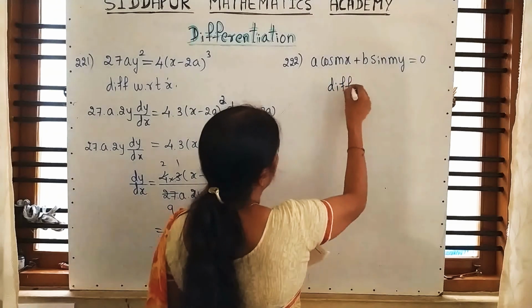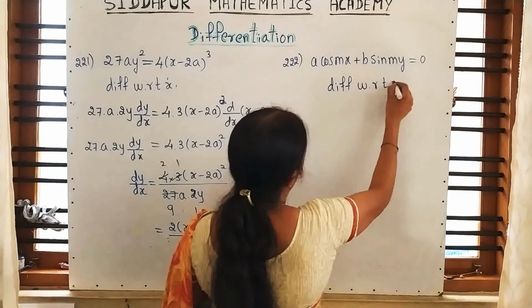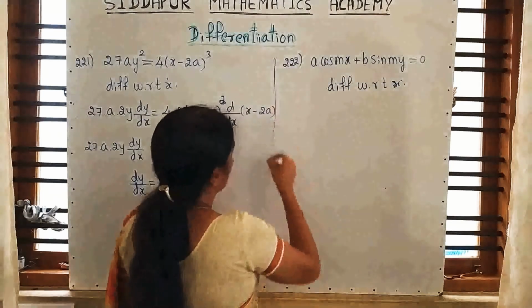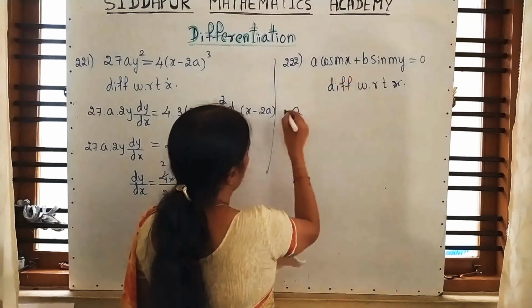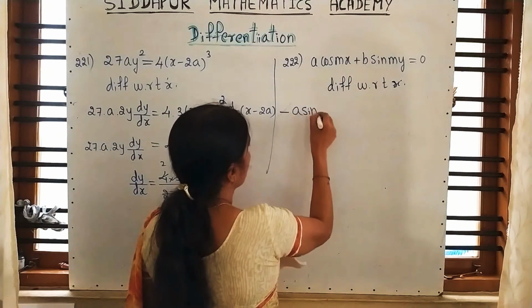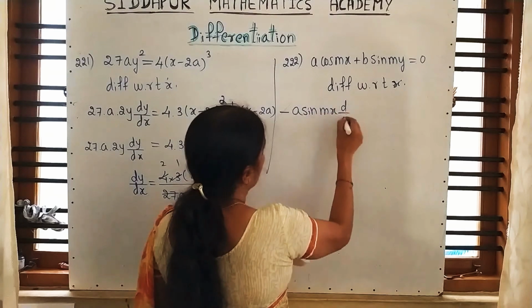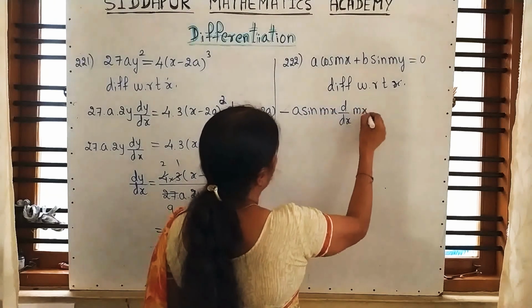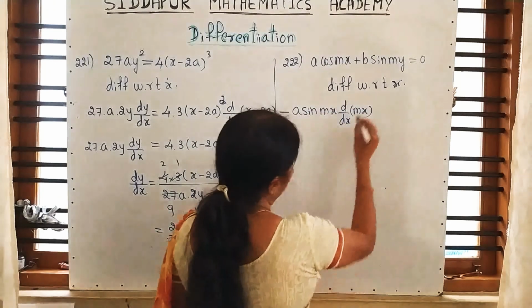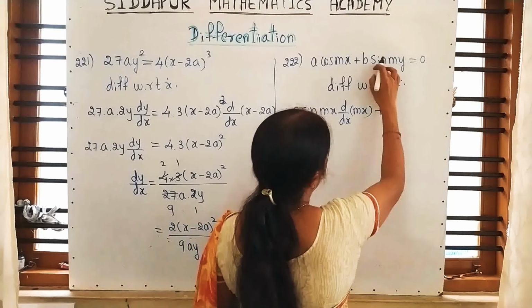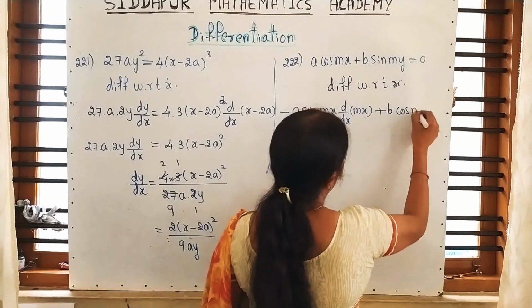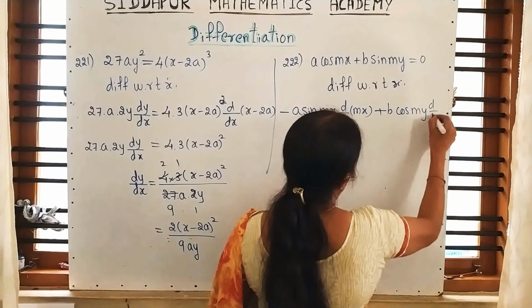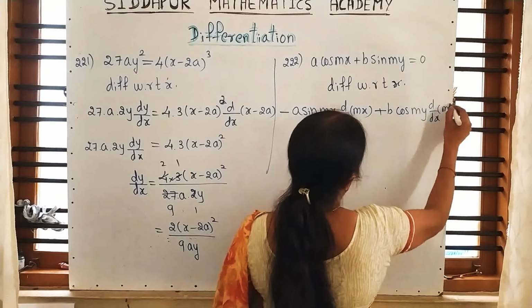Differentiate with respect to x. A constant, differentiation of cos is minus sin mx into differentiation of mx, because the angle is other than x, plus b as it is, differentiation of sin is cos my into differentiation of my is equal